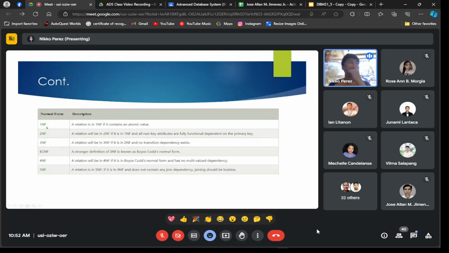So, normal forms. First normal form: a relation is in first normal form if it contains an atomic value. Second, a relation will be in second normal form if it is already in first normal form and all non-key attributes are fully functionally dependent on the primary key. So this simply means in the second normal form, we have to establish,